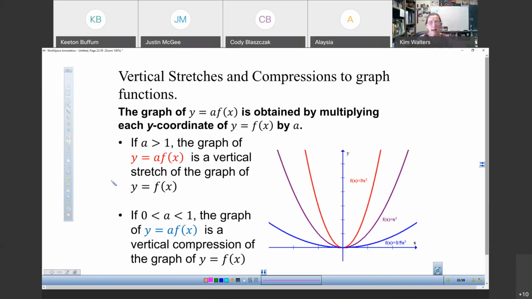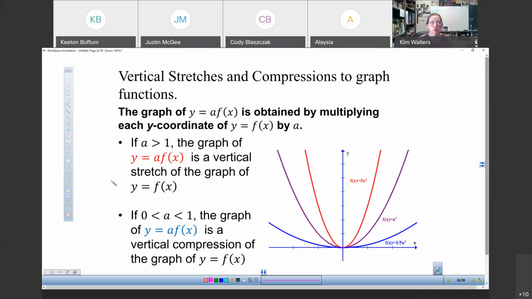Okay. So what happens with these stretches and compressions, rather than taking this and just moving it up and down and left and right that we've been doing, now we're going to take it and make it narrower. Or we're going to take the basic shape and stretch it out like this. We're going to widen it out, so we're going to compress it. It's a compression that's closer to the x-axis, and it's a stretch that stretches up towards the y-axis. So we call those stretches and compressions, and they have to do with what the number is in